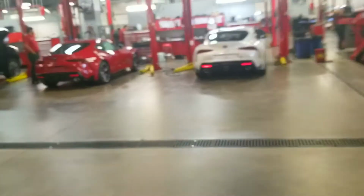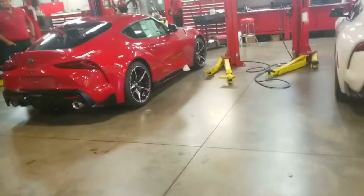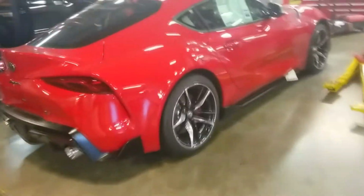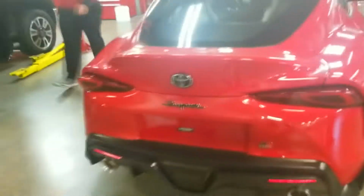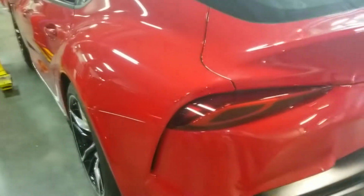There it is, guys. The new Toyota Supra. All right, so first impressions: how does it look in person? It's a little bit smaller than the MK4. Wow. It's a little smaller than the MK4 Toyota Supra, but...